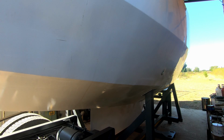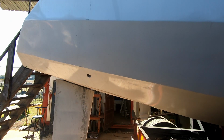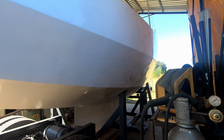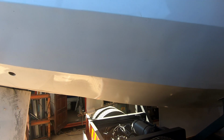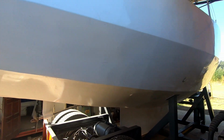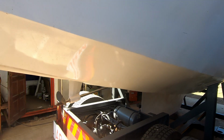We've put the boat level as it would lie in the water, so the floor is parallel to the water line. So now I want to make the line for the water line, mask it so we can sand it and prepare it for the anti-fouling. I made myself a little gauge stick,